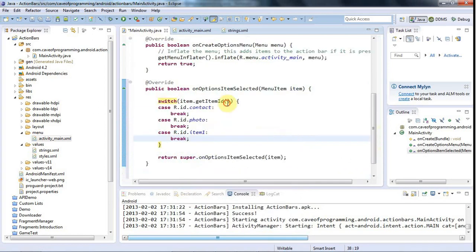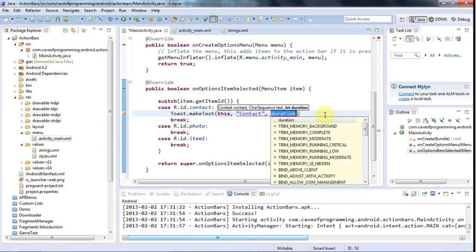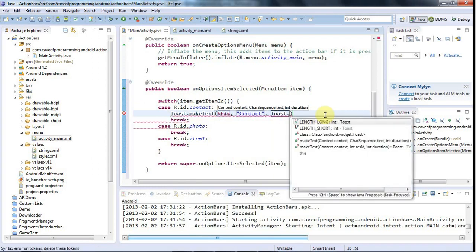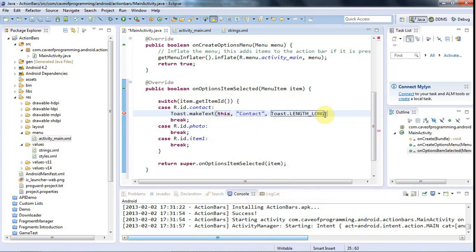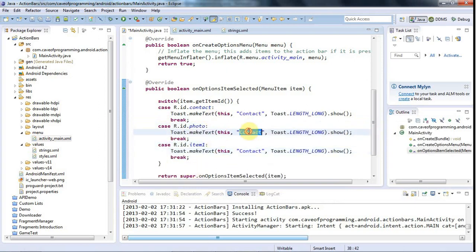And let's just put in here maybe just a toast, just so we can see it working. So I'll say Toast.makeText. The context is this. The text is going to be, let's just say contact, and I'll put that in for a long period of time so that we see it. And I'll say .show, and I'll just quickly do that for these as well. I won't bother putting this text in strings.xml as I should, because this is just a really little demo,